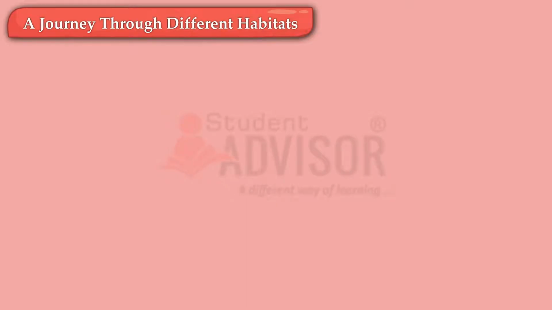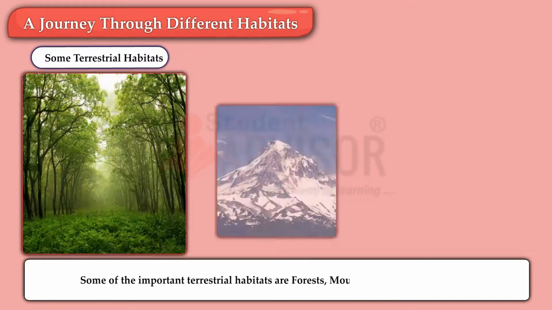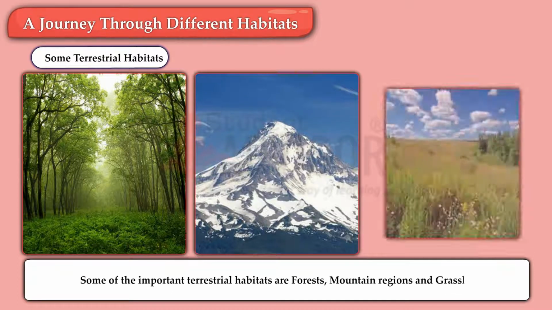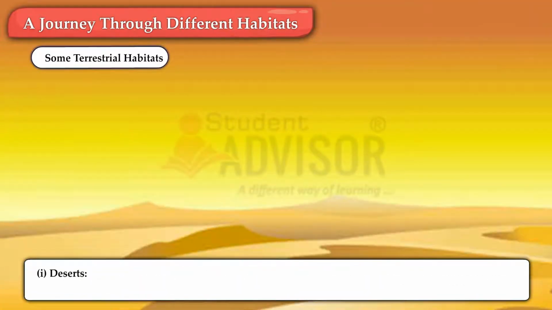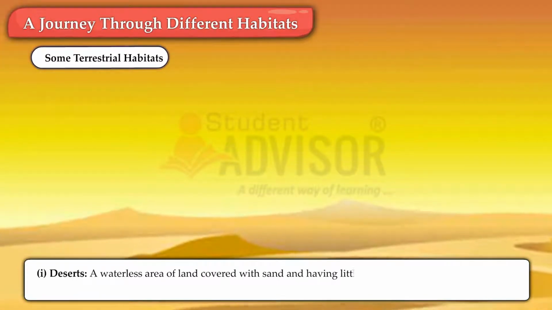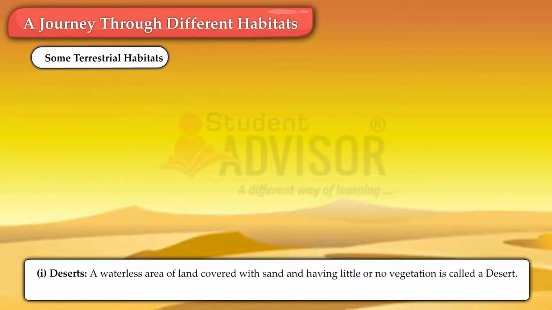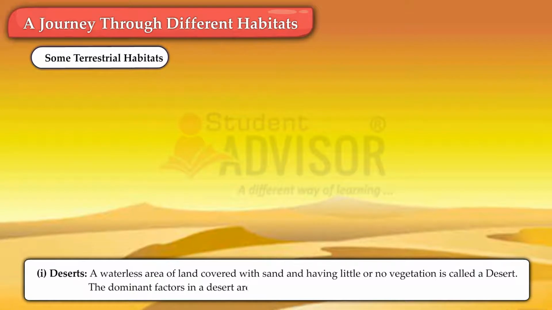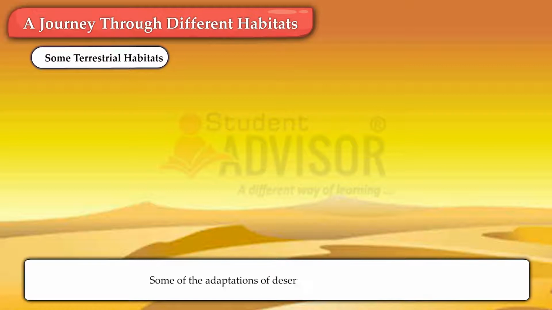A journey through different habitats. Some terrestrial habitats. Some of the important terrestrial habitats are deserts, mountain regions, and forests. Deserts. A waterless area of land covered with sand and having little or no vegetation is called a desert. The dominant factors in a desert are scarcity of water and high temperature. Some of the adaptations of desert plants and animals are